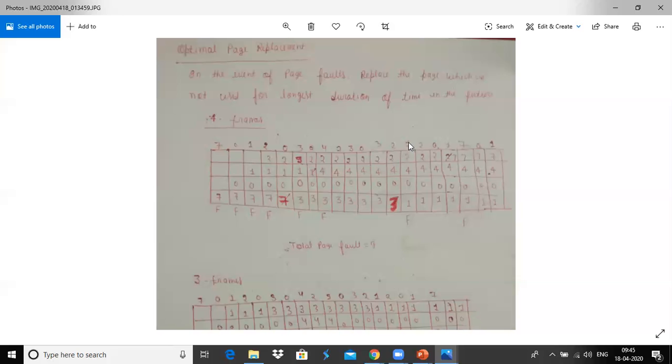अब कौन आया? 1. अब देखिए 1 आया है ना, पहले से पेज कौन कौन से थे? 3 था, 0 था, 4 था और 2 था. क्या 1 था? नहीं था ना. तो 1 के लिए पेज फॉल्ट हुआ. अब पेज फॉल्ट जब होता है तो पेज रिप्लेसमेंट एल्गोरिथम अप्लाई करना पड़ता है. कौन सा पेज रिप्लेसमेंट एल्गोरिथम अप्लाई करेंगे? ऑप्टिमल पेज. ऑप्टिमल पेज क्या बोलता है? जो यहाँ पे आया है 1, उसके बाद वाला पेज देखिए, तो किसको रिप्लेस करेंगे? 3, 0, 4, 2 में से किसको रिप्लेस करेंगे? जो कि सबसे लॉन्गेस्ट ड्यूरेशन ऑफ टाइम तक फ्यूचर में ना यूज हुआ हो. तो ये देखिए.